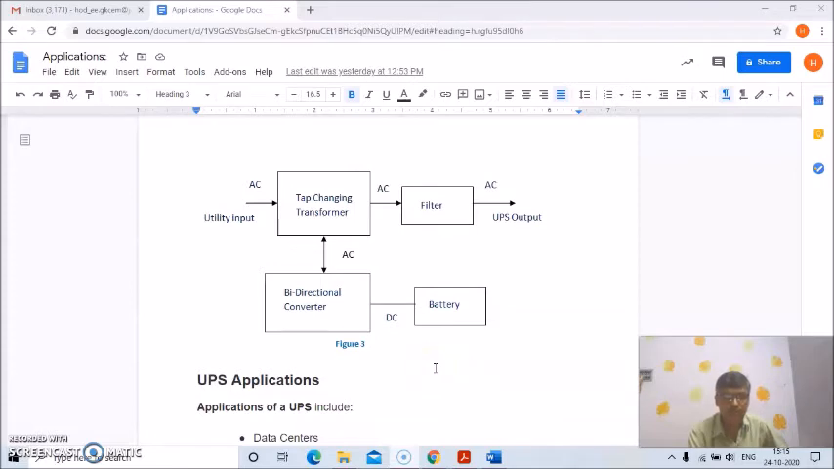We have studied what it is, what its needs are, what its major roles are, and what the different types of UPS are. We have discussed the working of these different types, that is offline, online, and line-interactive UPS, and also the applications of UPS in this topic. Hopefully you have understood this, and if you have any problem, after study you can ask me later on. Okay,